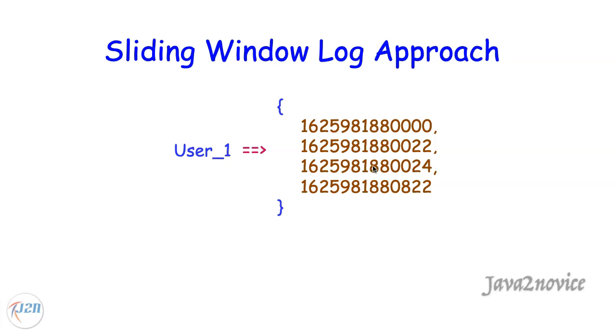If the count is within the rate limits, it accepts the request and processes it. Otherwise, it simply rejects the request. It denies the request. Also, it regularly cleans up the stale timestamps in the values. The advantage of this algorithm is it does not suffer from the boundary conditions of the fixed windows, which we have seen in the last approach.